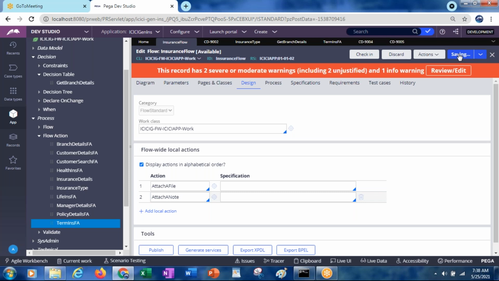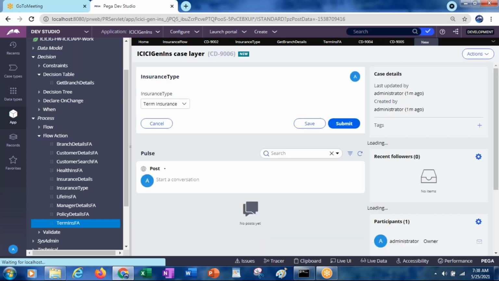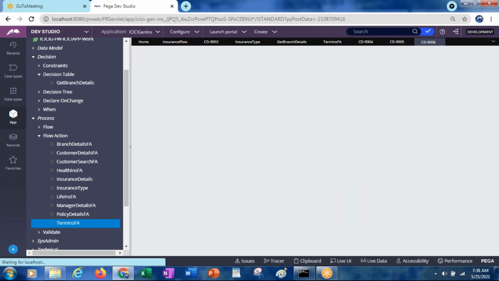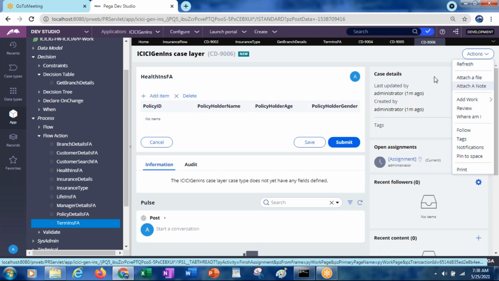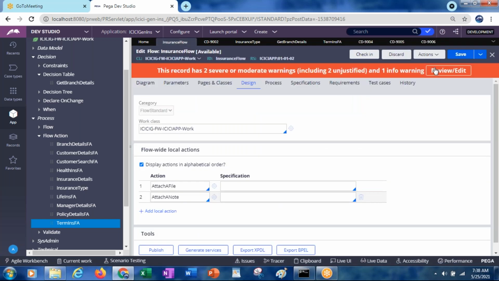Now if you run the flow, now go to any of the flow actions. That can be health insurance or life insurance or whatever it is. So in the flow, everywhere it will be displayed. See here, actions: attach a file, attach a note. So like this, we can assign the local actions.